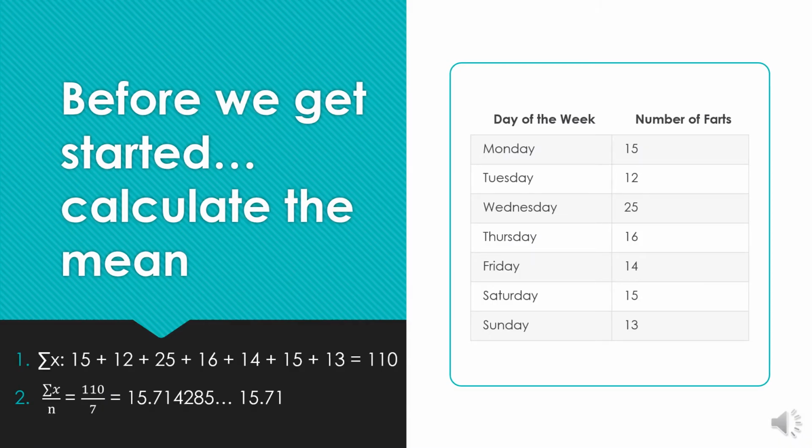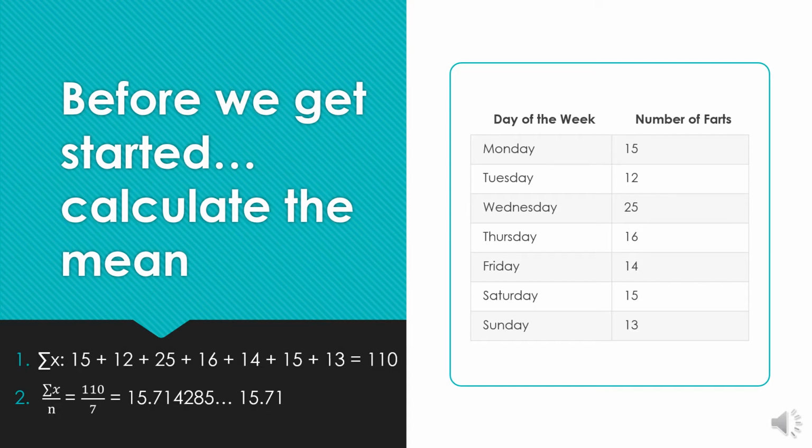To calculate the mean, we need to add up the total number of farts Jimmy counted for the week, or the sum of all x. To do that, we add 15 plus 12 plus 25 plus 16 plus 14 plus 15 plus 13. When we add those numbers together, we get our sum of all x values, 110, which means Jimmy farted 110